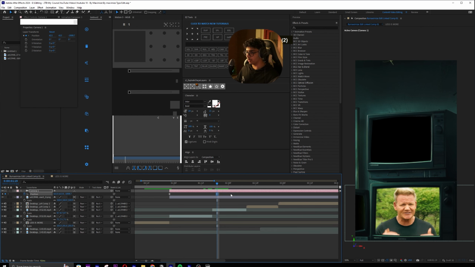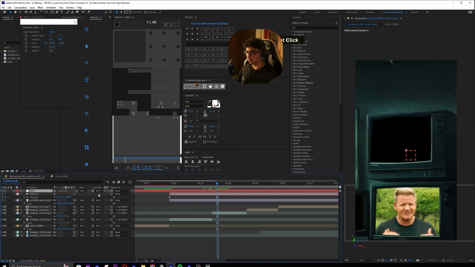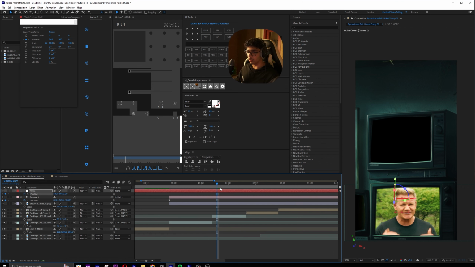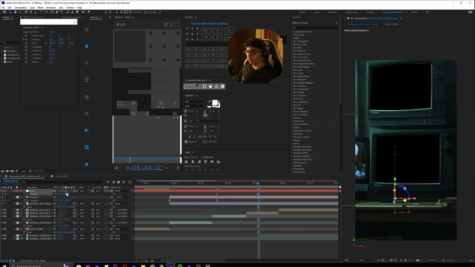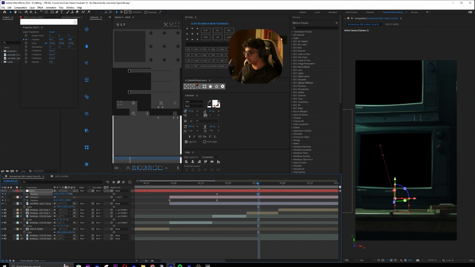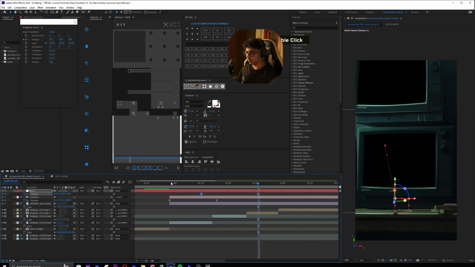Now to Gordon Ramsay, what I'm gonna do is introduce a null by right clicking, doing this and pressing null object, and then linking, and then creating the 3D. I'll do position, and let's say to this point, I'll have it zoom down to him, as well as do this. So this is just camera movement, guys, don't worry too much. And I'm gonna do this graph, extend this a bit as well so you can see.